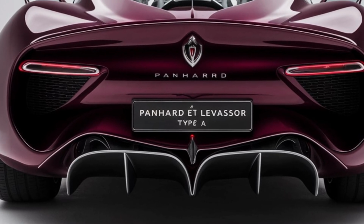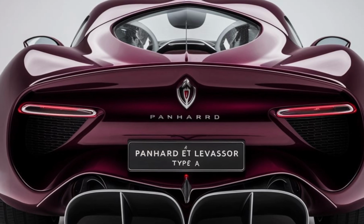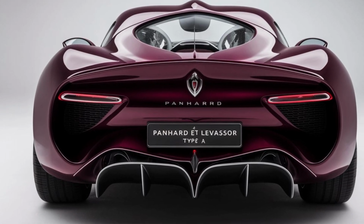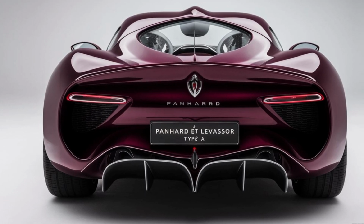In summary, the Panhard Levassor Type A 2026 is a remarkable vehicle that blends timeless design with state-of-the-art technology and engineering. Its exterior is a testament to thoughtful design,